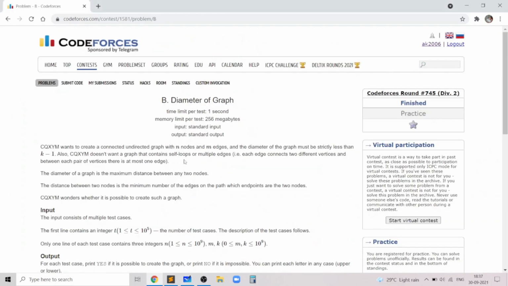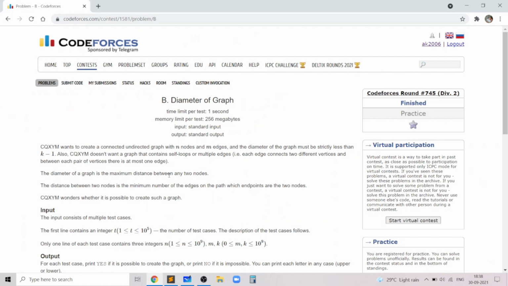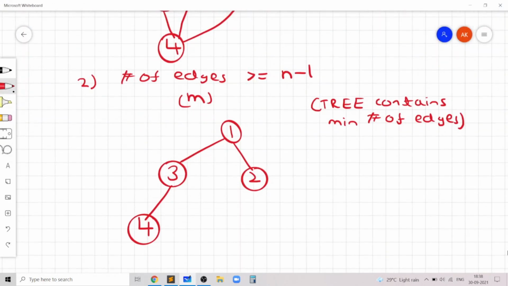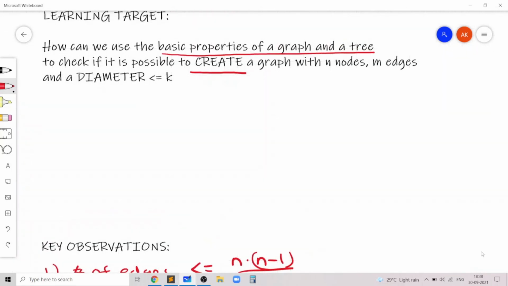Notice that the first condition is because we need the property that the graph should not contain multiple edges or self loops, and the second one holds because we need the graph to be connected, and that's why the first two conditions are valid. So we have a bound on the number of edges in the graph. So that's our first criteria. So we know the bound for the value of m. Now let's try to find the diameter.